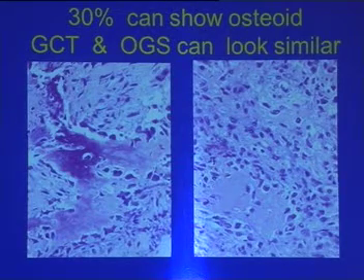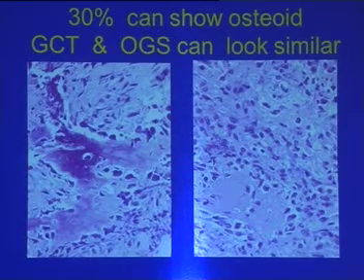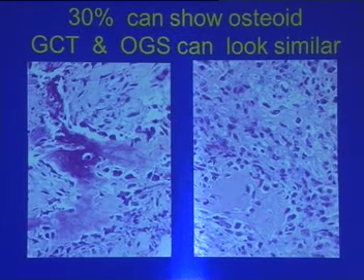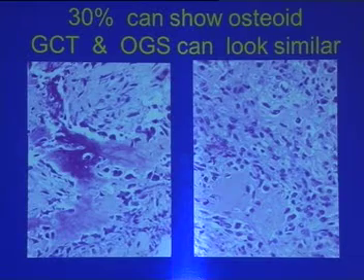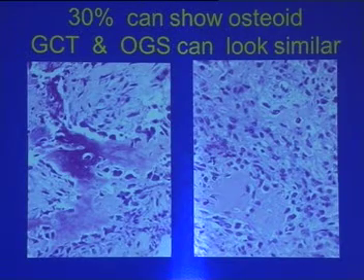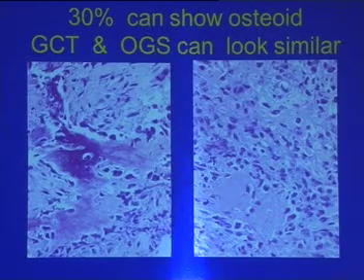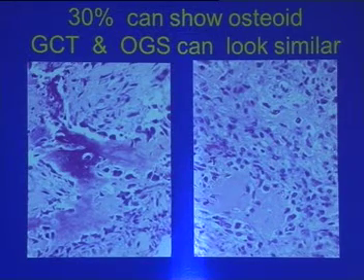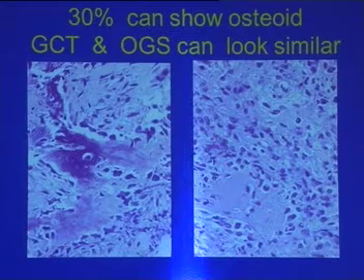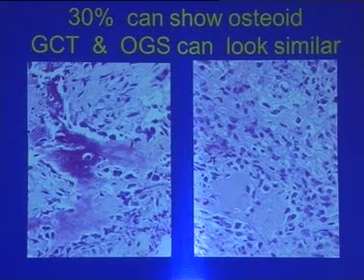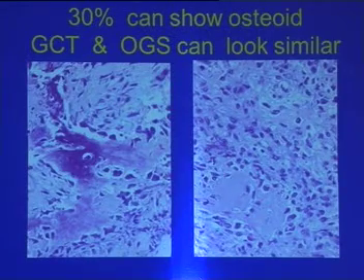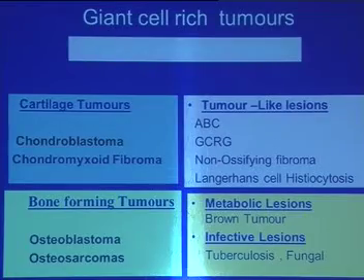And for some reason, a lot of our giant cell tumors seem to have a lot of osteoid. And in fact, Franco once said that I should review all this and find out, because I think he and Carrie Inwards looked at this and they have published about presence of osteoid in giant cell tumors. Some of my cases I have referred to him in consultation, and he says that he too finds them very tough, and why is it that they seem to have so much of osteoid? Now, I have no explanation for that.